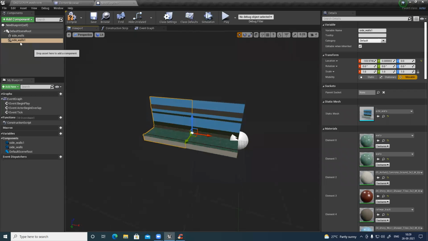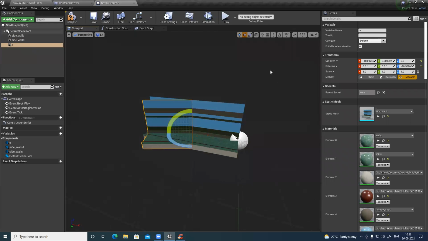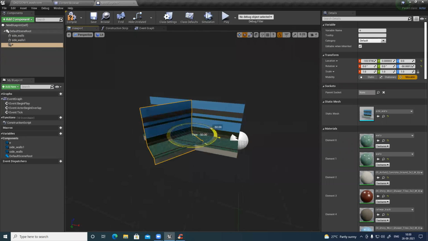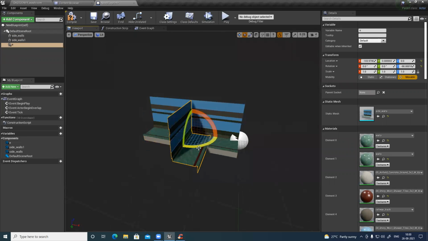Let's see, I want to create another section, duplicate. And this time I want to rotate this one. The angle snap is off. 90 degree.